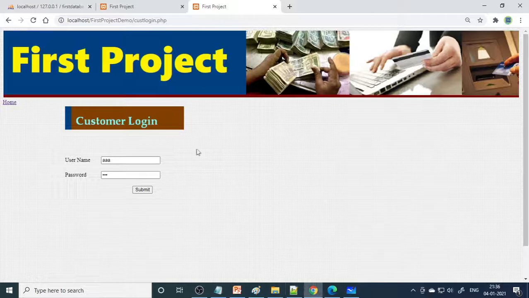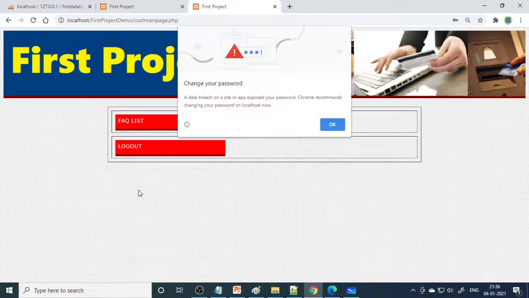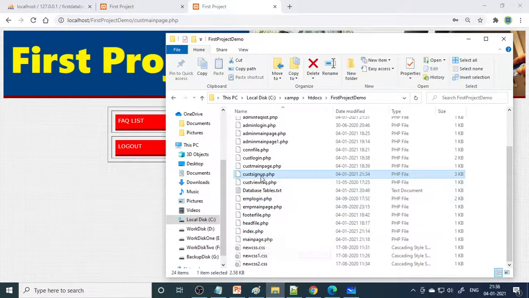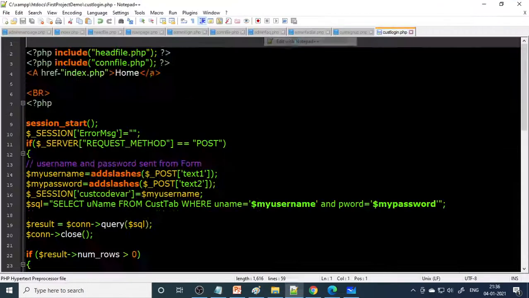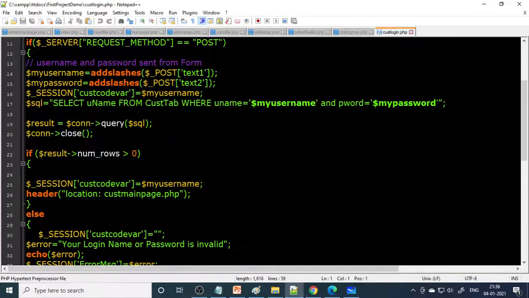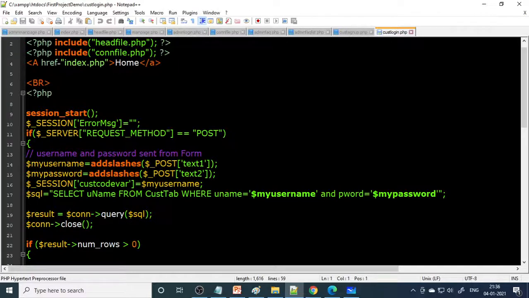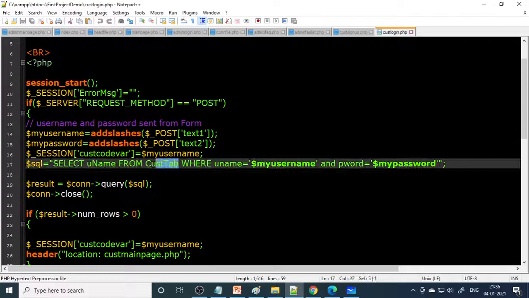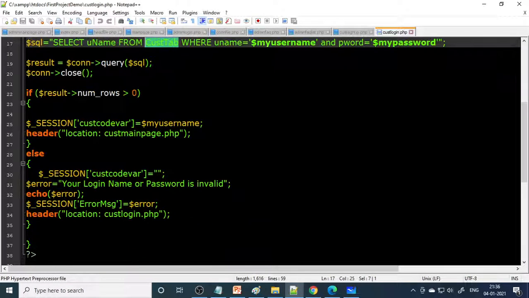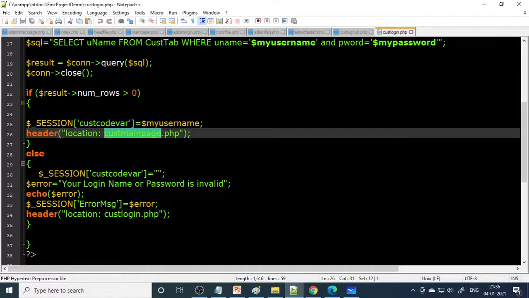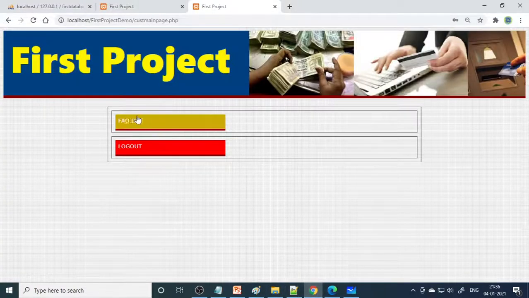Right. So now we have a login, submit. It's just like admin login only, same code here also, except the table name. So customer login, edit, right? So here you can see the user ID, password that will be posted here. Text one will go to my username, text two will go to this one. So in the admin we are using the login table, but here you are using the customer table. Is the username, password, and if everything is okay, then we'll take you to customer main page. So therefore we reach the customer main page.